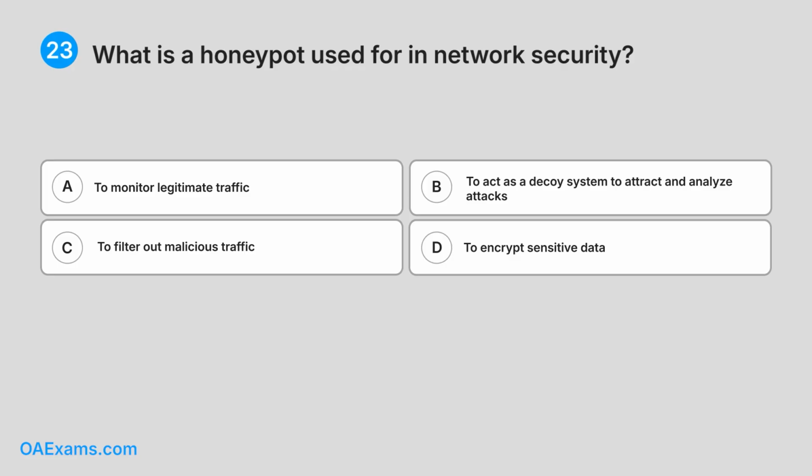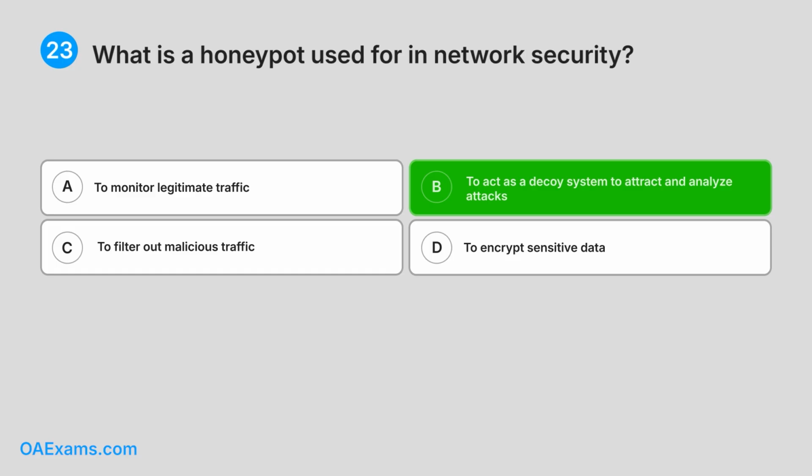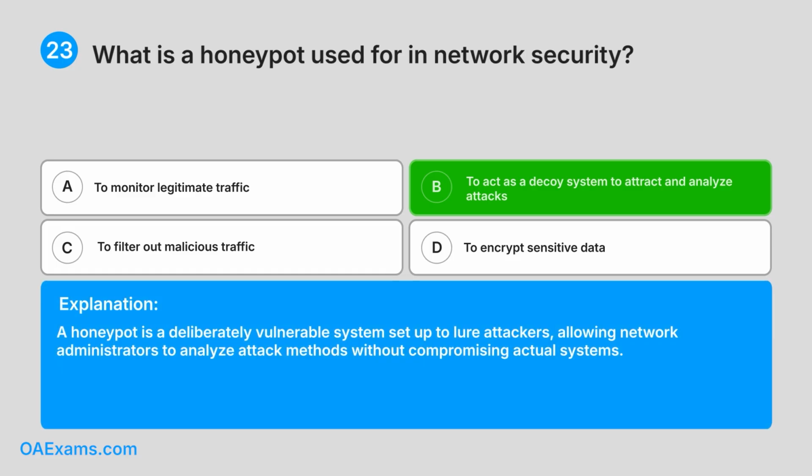A. To monitor legitimate traffic. B. To act as a decoy system to attract and analyze attacks. C. To filter out malicious traffic. D. To encrypt sensitive data. Do you know the answer? Correct answer. B. To act as a decoy system to attract and analyze attacks. Explanation. A honeypot is a deliberately vulnerable system set up to lure attackers, allowing network administrators to analyze attack methods